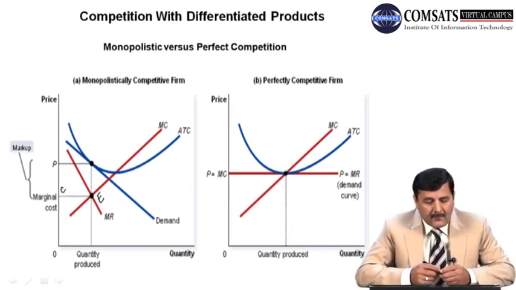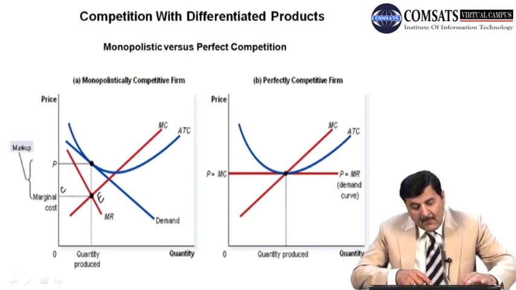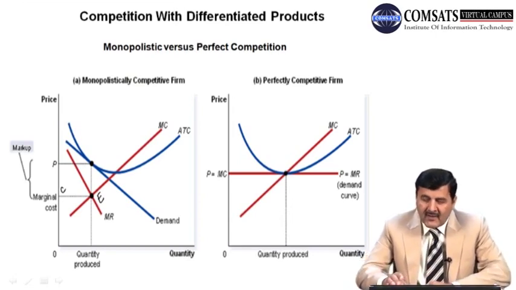So if you see the difference, price is bigger than marginal cost. So the difference, the markup, is P minus C, right? In the case of a monopolistic competitive market, the firms charge more price than marginal cost, which is very clear from this diagram. अगर आप दूसरे डायग्राम में देखें